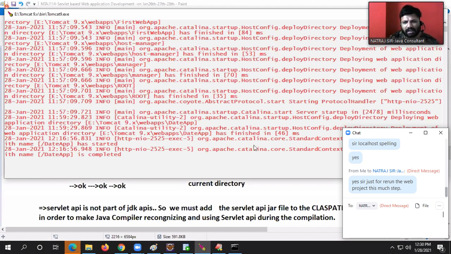Sudha S, this is the second application. First application related discussions are already done. The procedure is given. That's very easy because only HTMLs are there. Okay, guys. Webapps slash my folder slash date app is not going to work out. You have to copy to the webapps folder only.